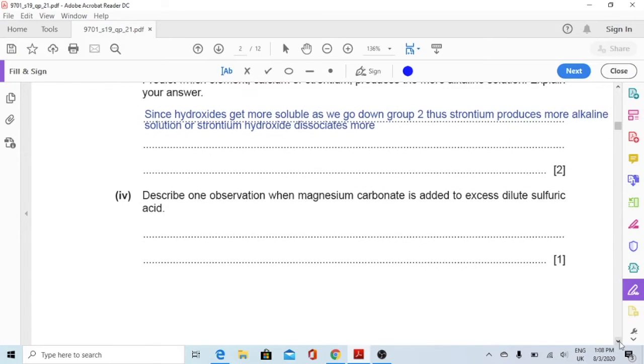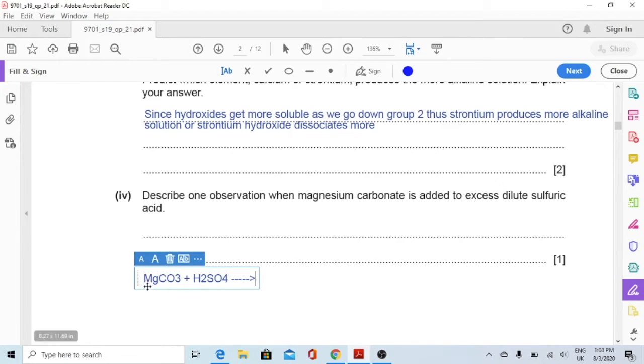Part 4. Describe one observation when magnesium carbonate is added to excess dilute sulfuric acid. So you have to describe what you see, one observation, but right before that I'll write the equation. Magnesium carbonate is MgCO3 plus H2SO4. This gives you,